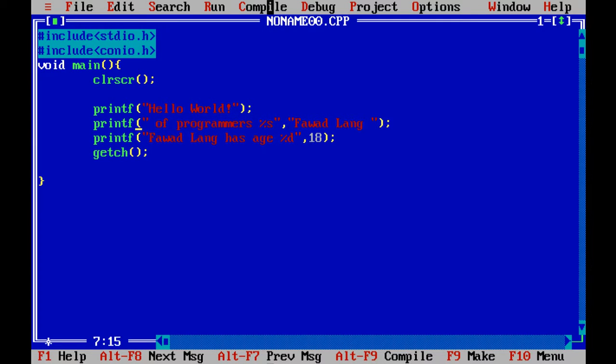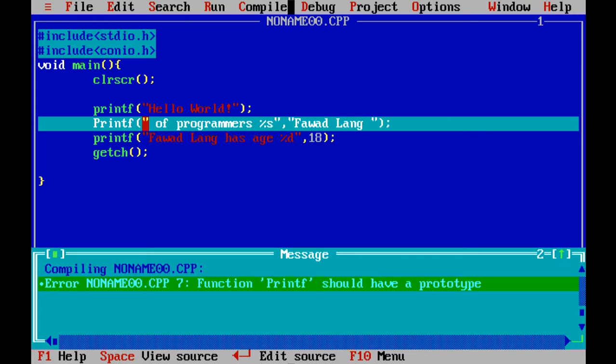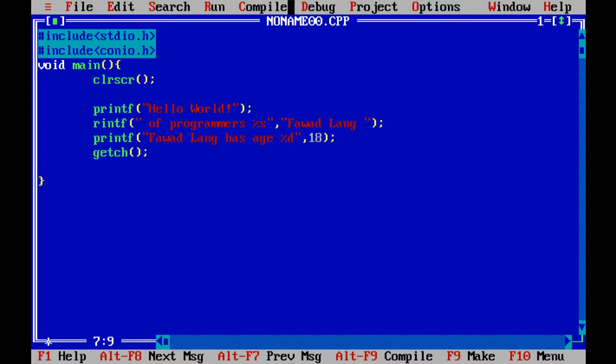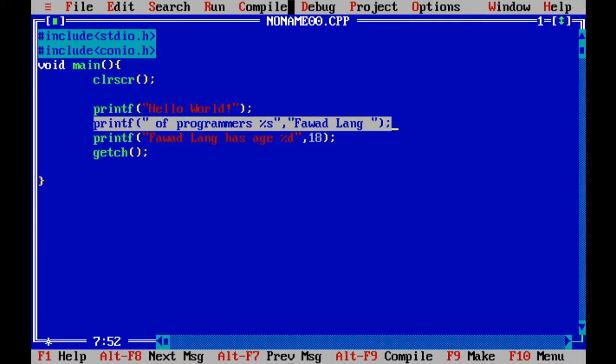We have to write printf with a lowercase f, because in this header file a function named printf with a lowercase f is declared. You have to be very careful about it. If you also write a capital P, you will get an error. So you have to write everything according to the rules. You cannot break the rules.